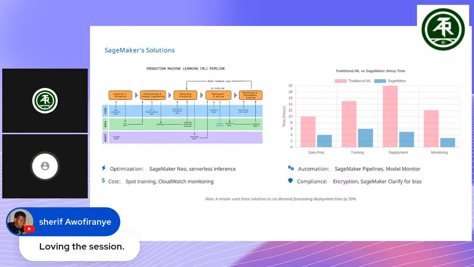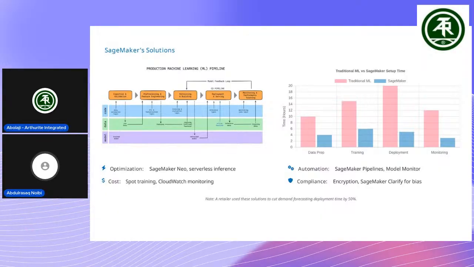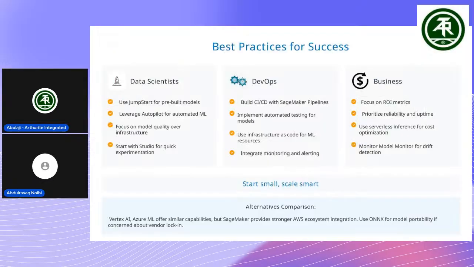So that's why SageMaker is one of the best ways to deploy a model as fast as possible, even to your end users. And as a business owner, SageMaker is really much better in terms of deploying your model to the real world. Trust me. Can you move on to the next? I think we should have another slide.